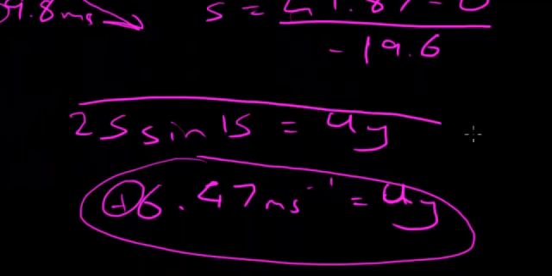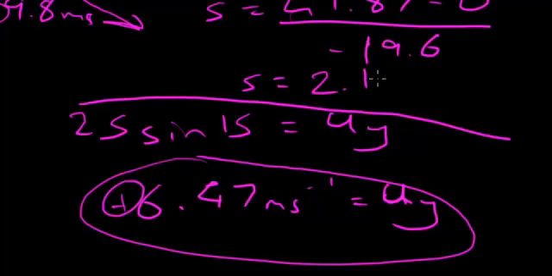So what's your displacement going to become? 41.87 divided by 19.6 is equal to 2.13. Minus 2.13 or 2.13 doesn't really matter, or 2.14 rather. So 2.14 meters is the maximum height it's going to reach. So that's A. B says